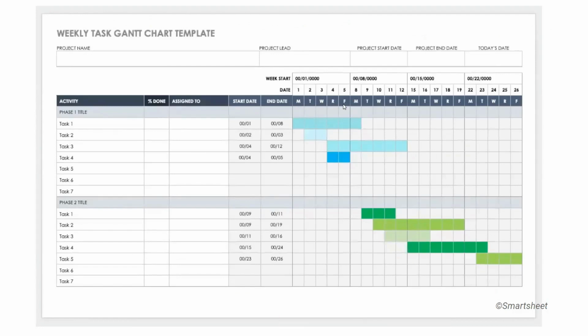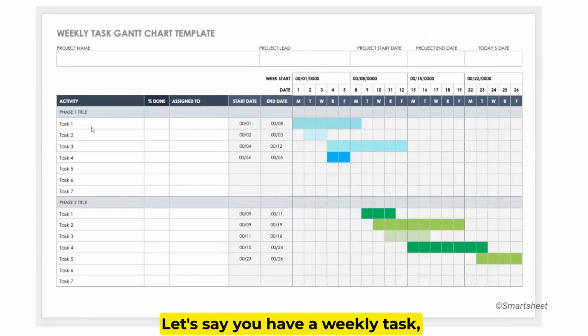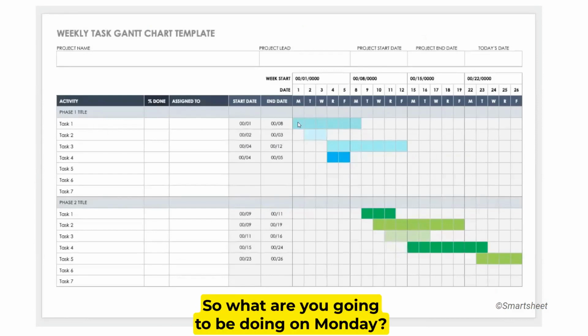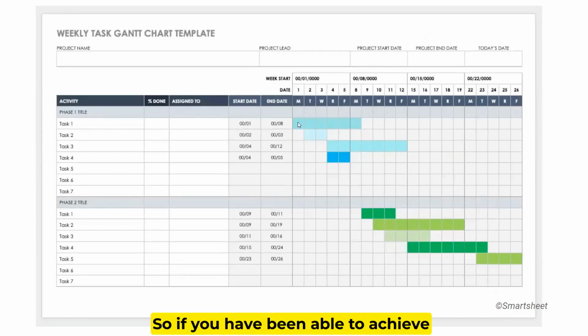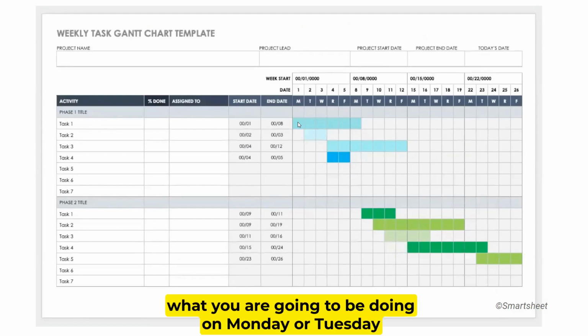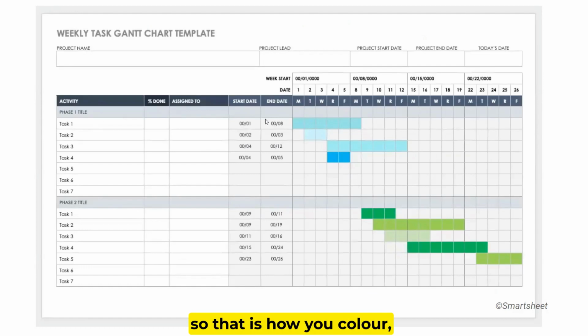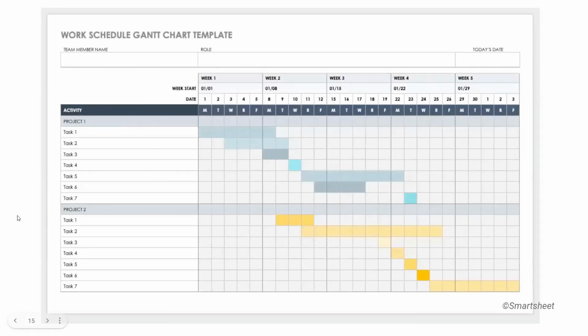So let's say you have a weekly task. So what are you going to be doing on Monday? So if you have been able to achieve what you are going to be doing on Monday, on Tuesday, on Wednesday, so that is how you color. Then who is it assigned to, and if it is done, how many percent done. So this is what a Gantt chart looks like, and you can decide to use the